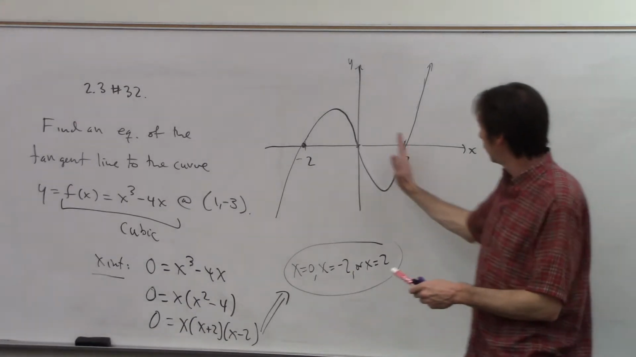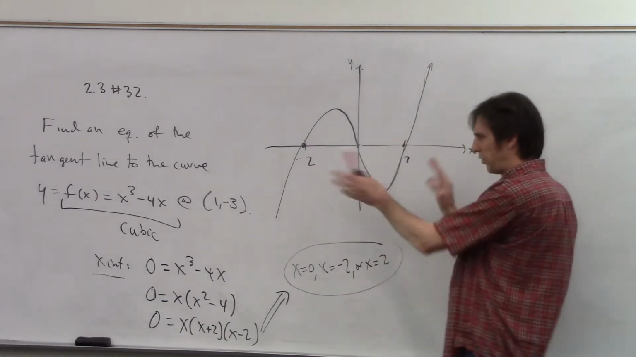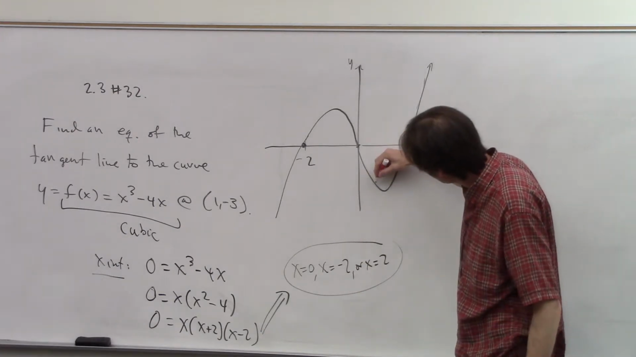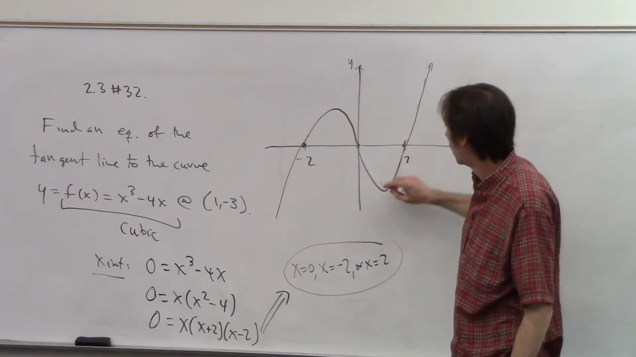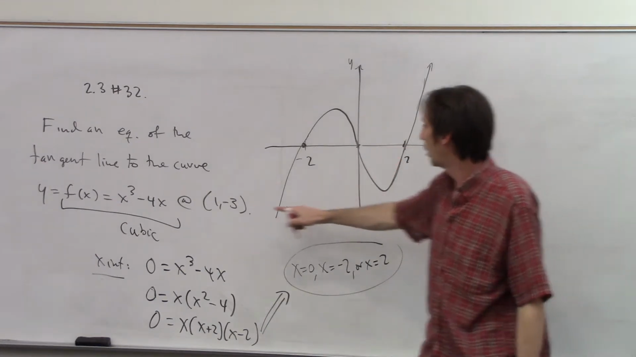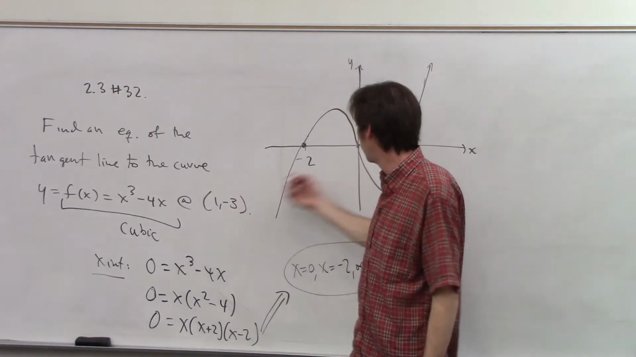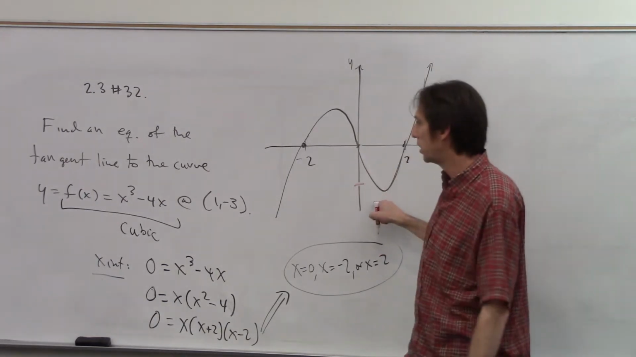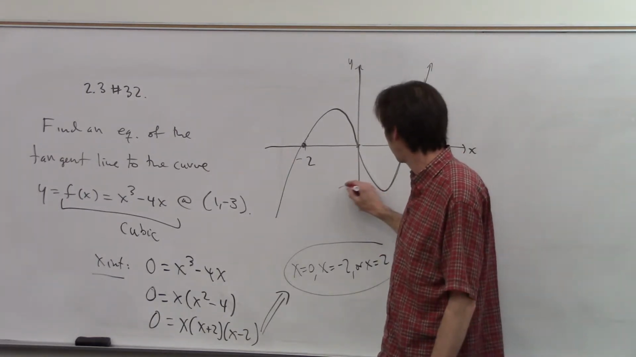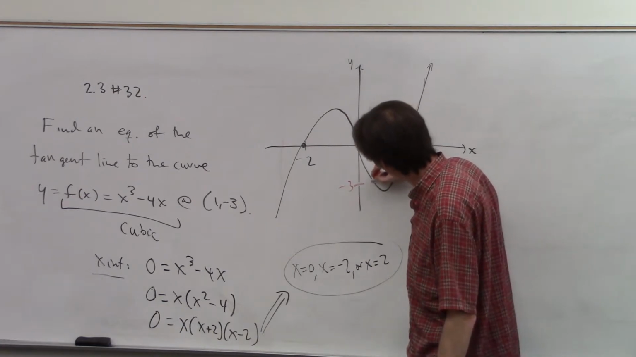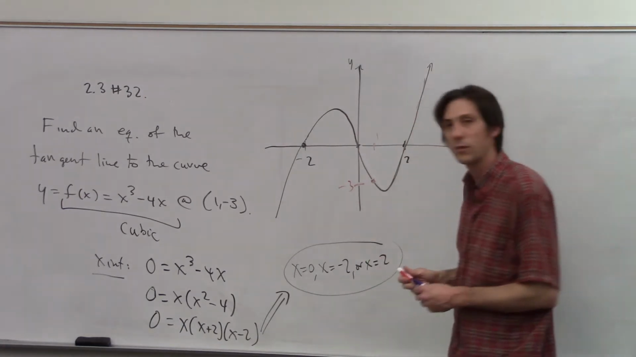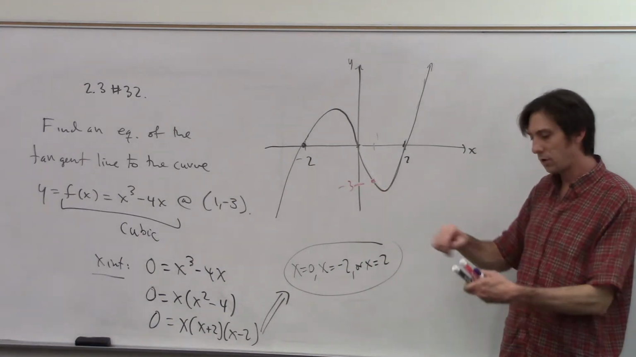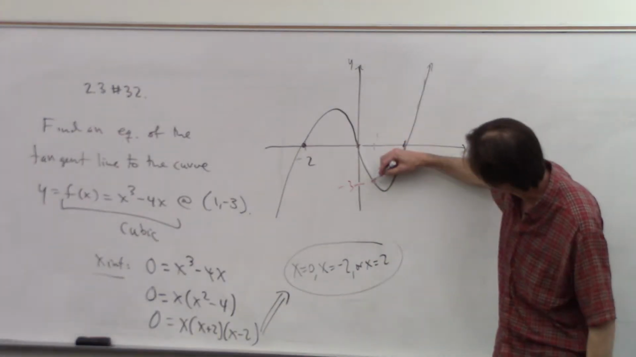I don't know exactly where 1 is here. I'm not sure exactly what the scaling is on my axes, but when x is 1, the y value is -3. Maybe it could be the min, might not be the min, but let's say -3 is here, and then x equals 1 is up here. All right, so I'm looking for an equation of the tangent line to the curve